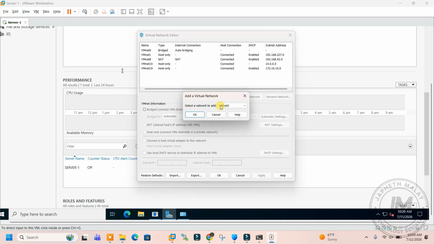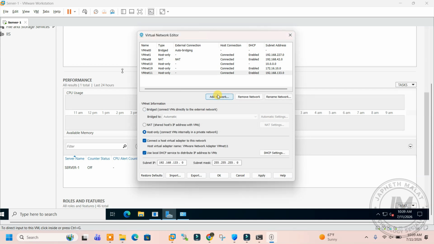Then select the name, select the network to add. I'm going to add, let's say, network 11. Then I click OK. So I can select any network from 1 up to 19. Then I can choose the network that I want. For example, I can choose the default, but I can choose, let's say, a class